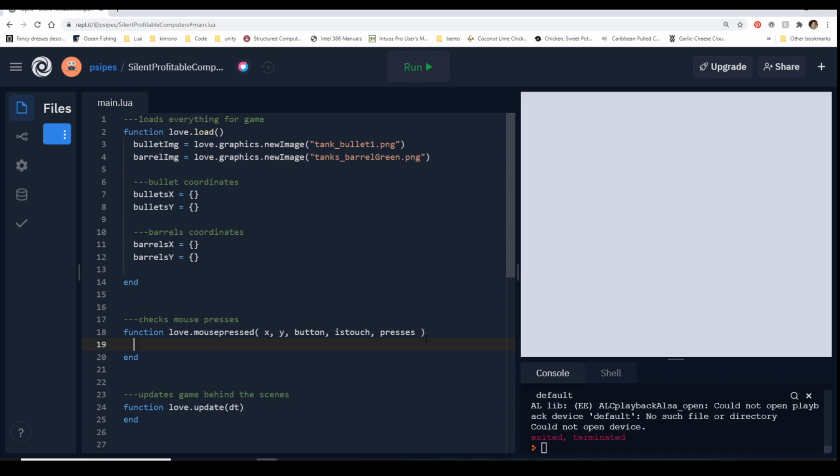So with mouse press, we have this idea of button. And button 1 is equal to the left click, 2 is equal to the right click, and 3 is equal to the middle mouse click. So all we have to do is a handy dandy if statement and say, hey, if button equals 1, then, and remember, everything always has an end statement. And then we're going to say, okay, so what do we want to do if we press this button? Well, to begin with, we can say print clicked.